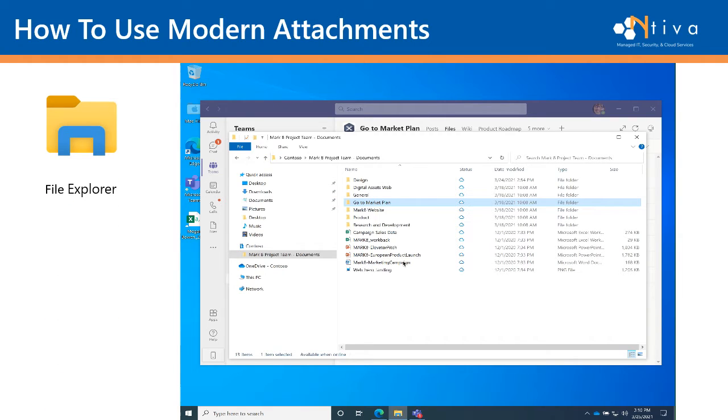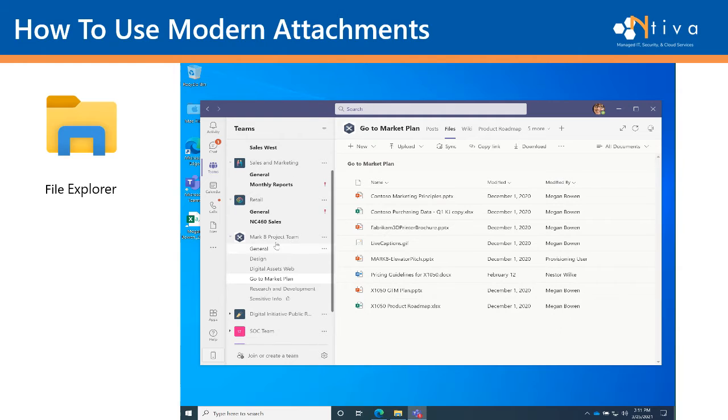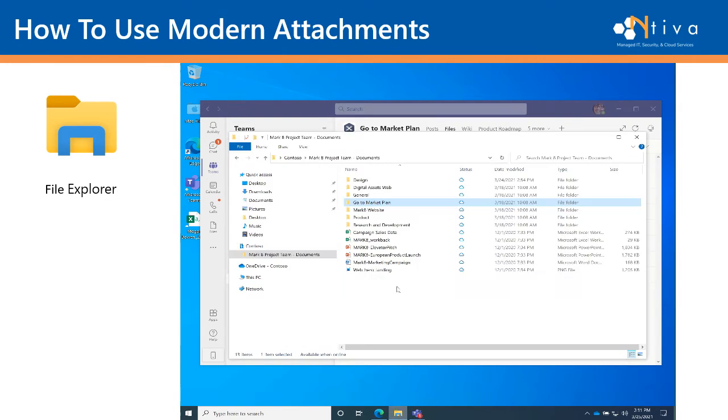Okay, let's talk about sharing files and using modern attachments. Modern attachments are actually just links to the data you wish to share, internally or externally. You're no longer attaching a copy of a file and sending it off by email. So let's start with the Windows File Explorer. In my example, I have a Microsoft team that is called Mark 8 Project Team, and there's a channel called Go to Market Plan. I have synchronized this team to this computer